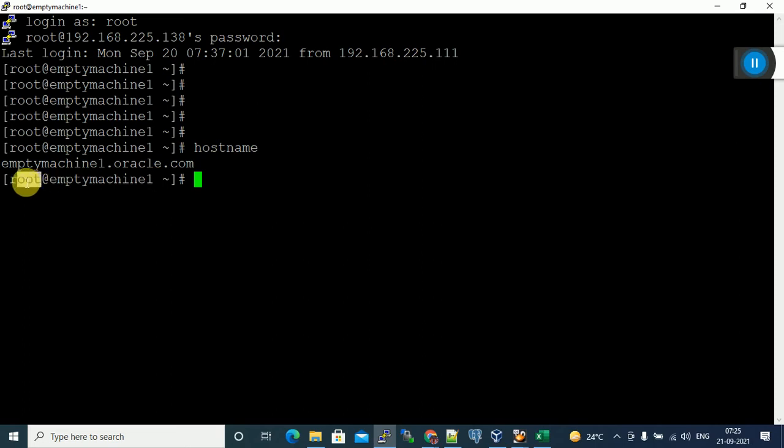This is the user. We logged in as the root user, the super user. After installing Linux, any Linux will have this super user. Super user means this user has all the privileges.